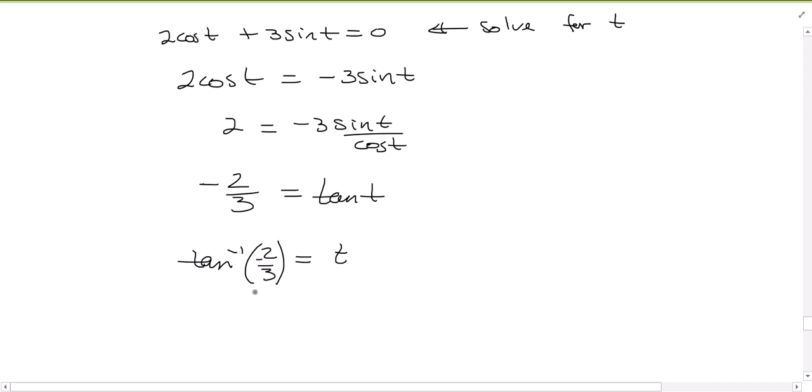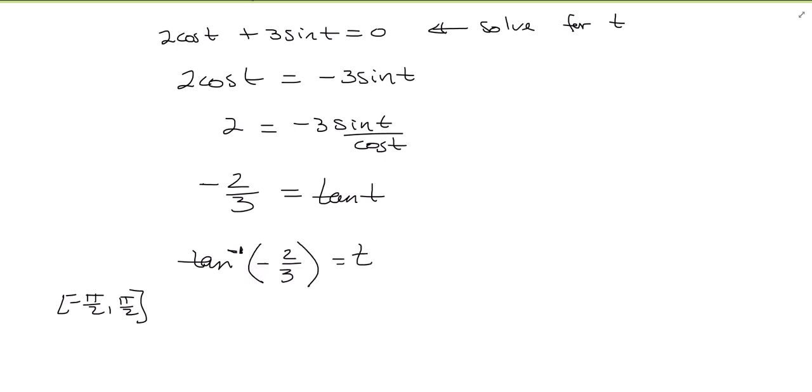Now the problem with this is that this is going to give us a negative answer. So when you put it in your calculator, because of the range of inverse tangent, this is going to give us a number between negative pi over 2 and pi over 2. So because this is negative, it's going to give us a negative answer. But t is time, so time can't be negative. So let's make sure that our calculators are in radian mode and put this into your calculator. So what you should get is negative 0.5880